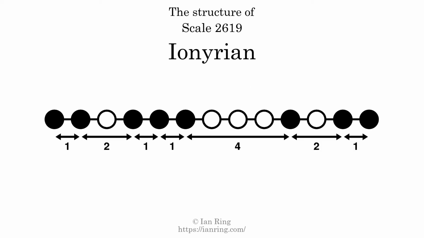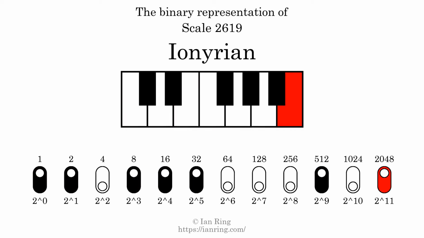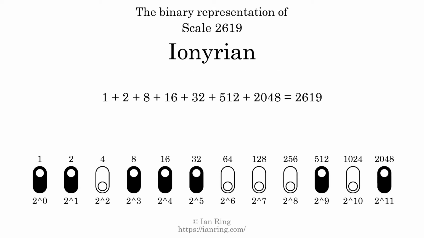The structure of a scale is a description of the interval distance between each successive tone. This scale has a structure of 1 2 1 1 4 2 1. The binary representation of this scale is determined by mapping tones of the scale to binary digits. Each binary digit represents a power of 2. To get the scale number, we add the powers of 2 together. The powers of 2 that are present in the scale, all added together, equals